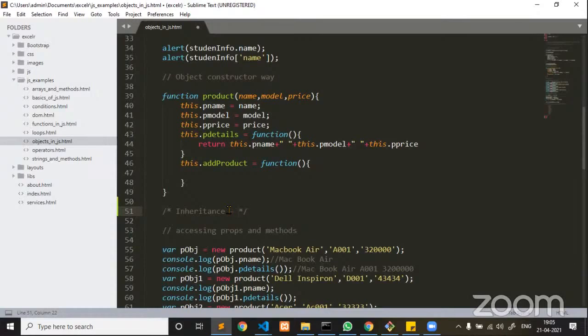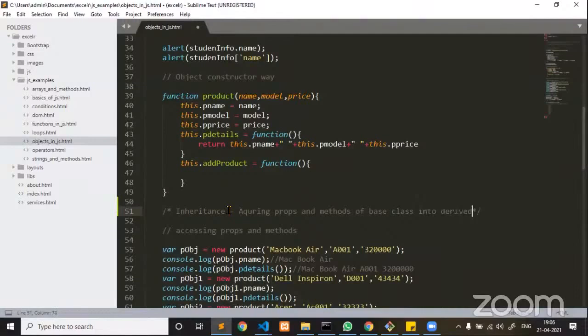How is JavaScript going to implement single level inheritance? If you are coming from a Java or C++ background, you might have heard about the extends keyword or implements keyword used to inherit the properties of one class into another class. First of all, what is inheritance? Let me give a definition: acquiring the properties and methods of a base class,